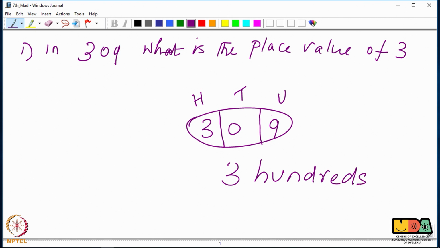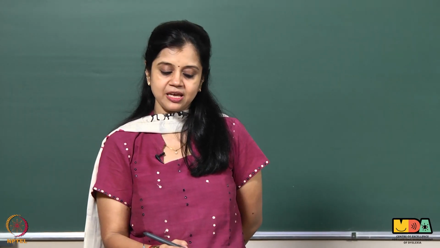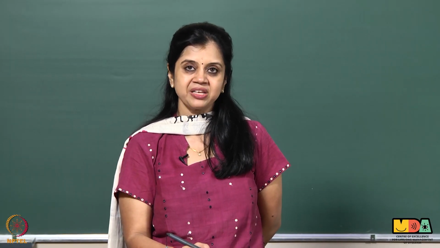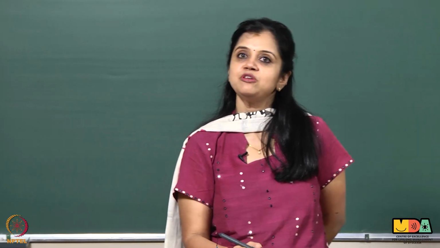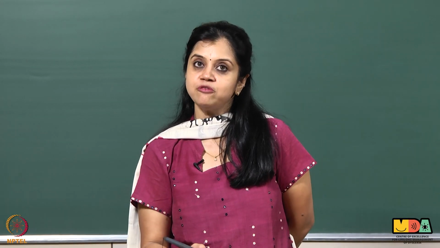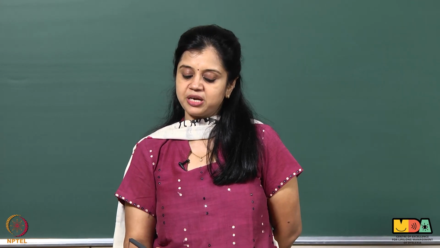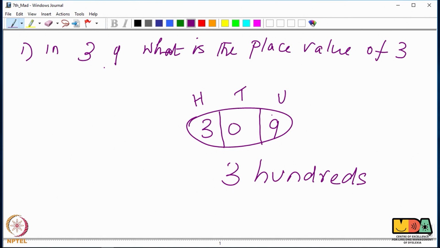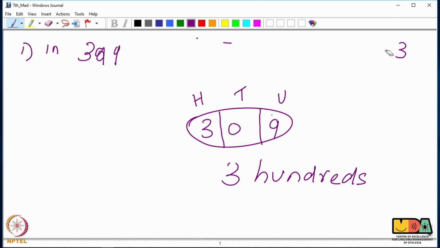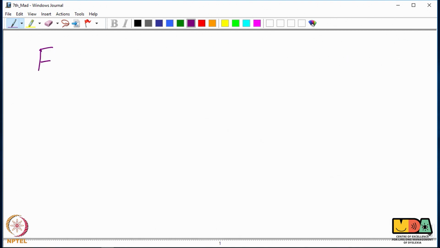So, it is very easy for children to find out the place value using this caterpillar. Is that the only use of caterpillar? No, it is very simple for them to write in expanded form too using the caterpillar. Let us take the same number, 399 or maybe 389, and we will see how to write it in expanded form. Now, let us go into the next one.